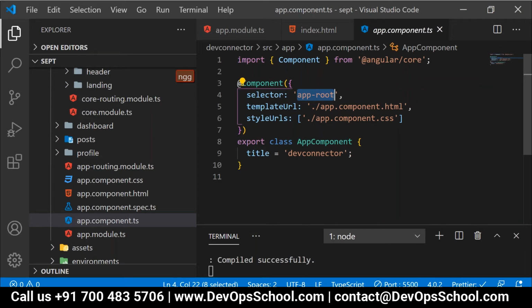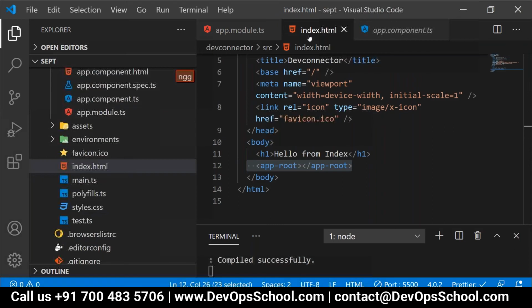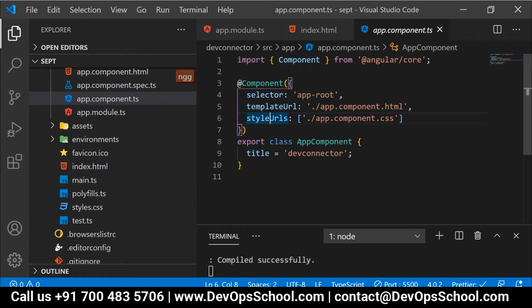Have you observed this app-root somewhere? In index.html. So internally, wherever it finds this app-root element, it will inject the contents of the app component.